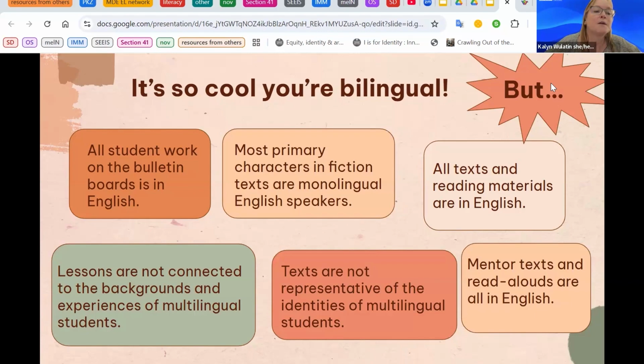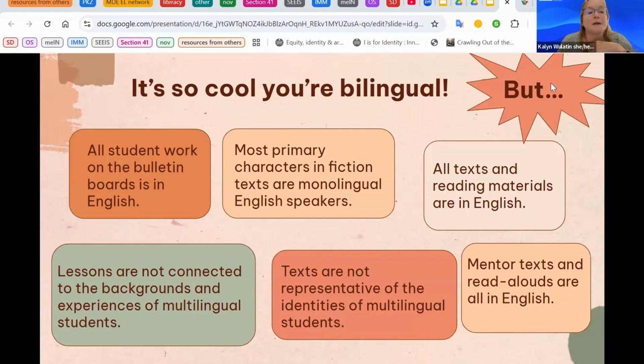Like all the student work that we're putting on the bulletin boards, is it in English? So yeah, you can write in Spanish or Arabic or another language for a while, to kind of get somewhere. But when we really honor it, we only honor what you've been able to write in English. Looking at our text, most of the primary characters in the fiction texts that I'm using in the classroom or that are part of my classroom library or perhaps part of the school library media center are monolingual English speakers. Sometimes all texts and reading materials are in English,